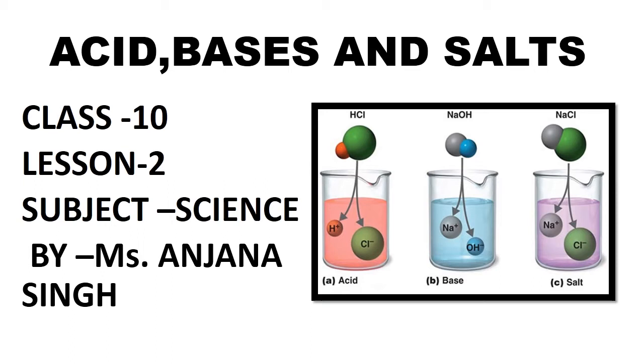give their ions. Acids dissociate to give H ions, whereas bases dissociate to give OH ions. Similarly, salts also dissociate to give their cations and anions on dissolving in water. So this picture gives a huge amount of information: acids also dissociate to give cations and anions, bases also dissociate to give cations and anions, and salts also give cations and anions on dissolving in water. So one thing we can conclude is that all the three are ionic compounds.